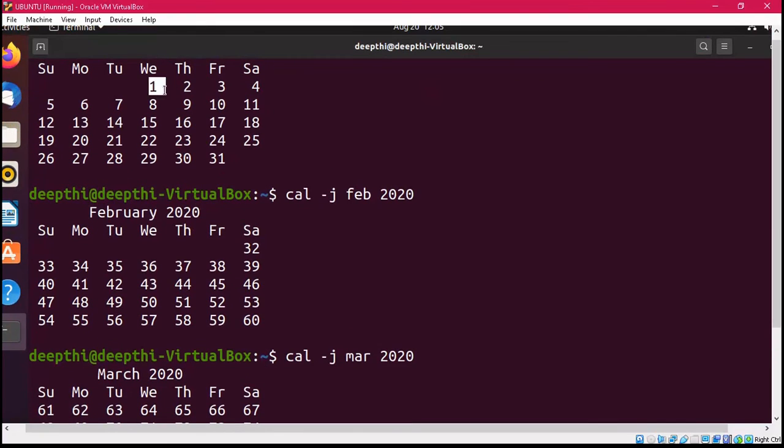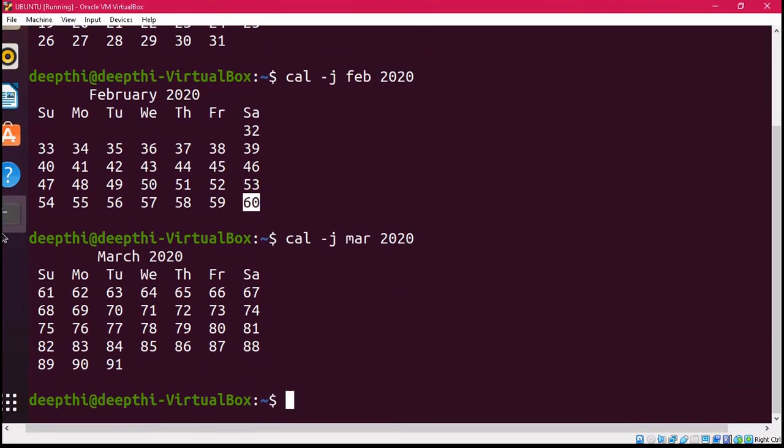To 31 I am adding 29 because this is a leap year, so the last limit is 60. For March, the first date is 61 and the number of days in March is 31. So adding 31 to 60 will give you 91.